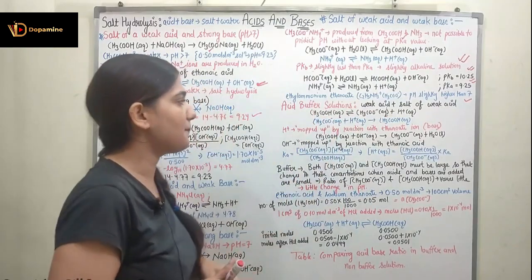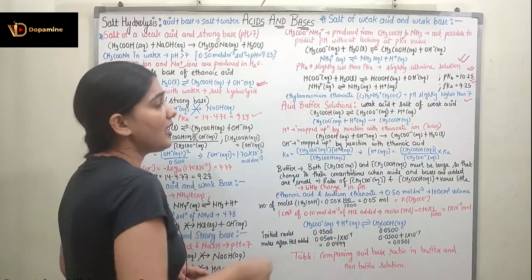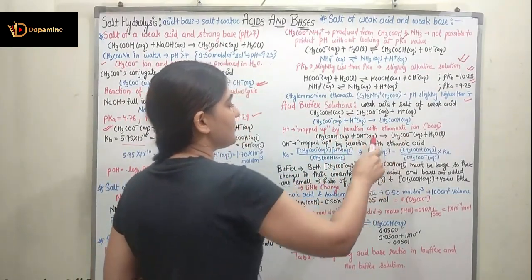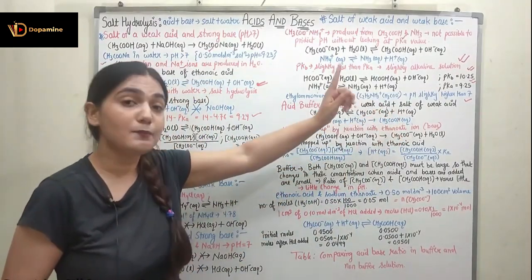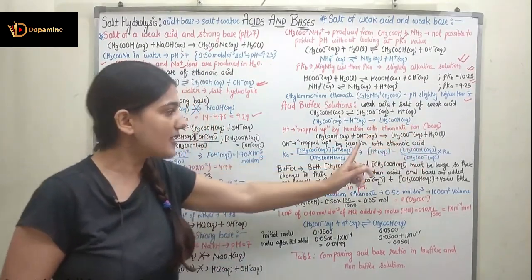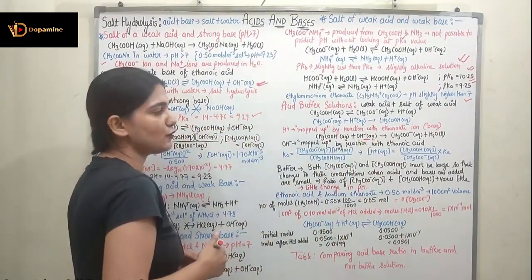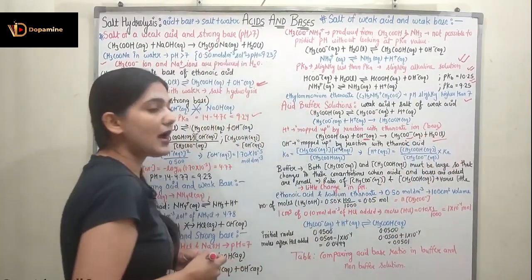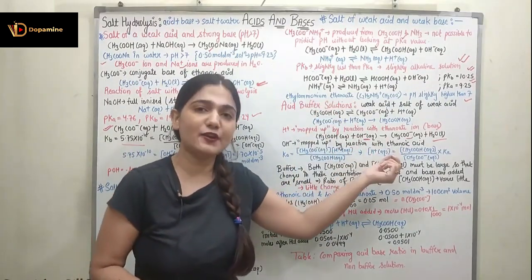Here, for example, we have CH3COOH, which is in equilibrium with CH3COO negative plus H positive. CH3COO negative plus H positive is going to form CH3COOH, so I can say this H positive is being mopped up by the reaction with the ethanoate ion, which is acting as a base. If CH3COOH reacts with OH negative, it forms CH3COO negative plus H2O, so OH negative ions are being mopped up by the reaction with ethanoic acid.